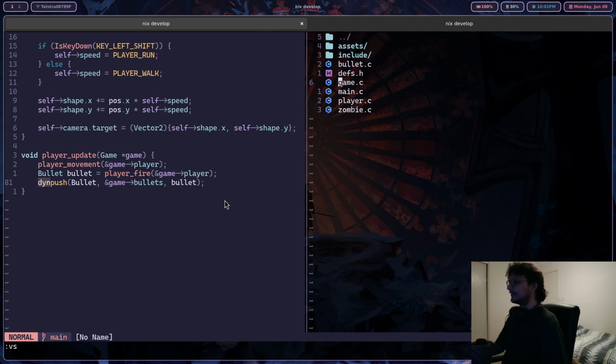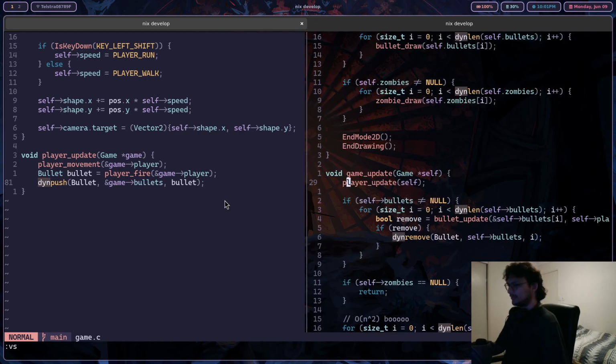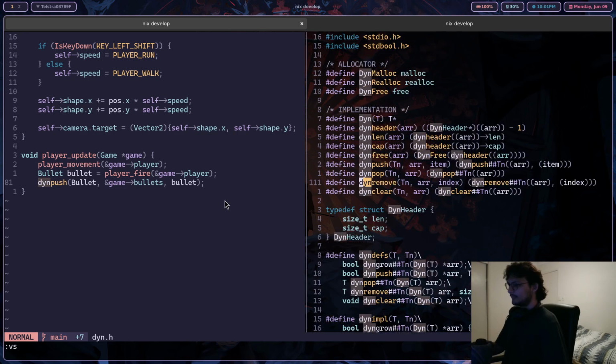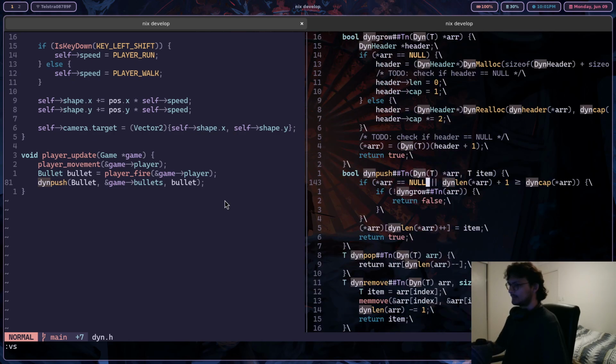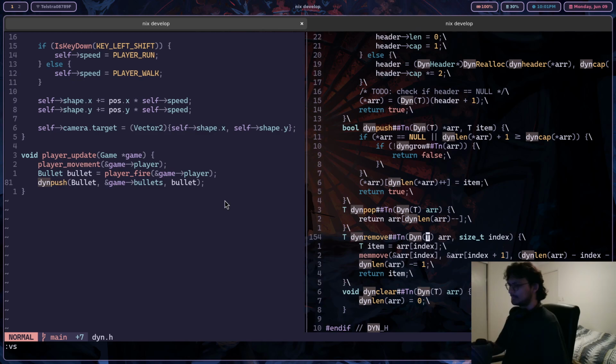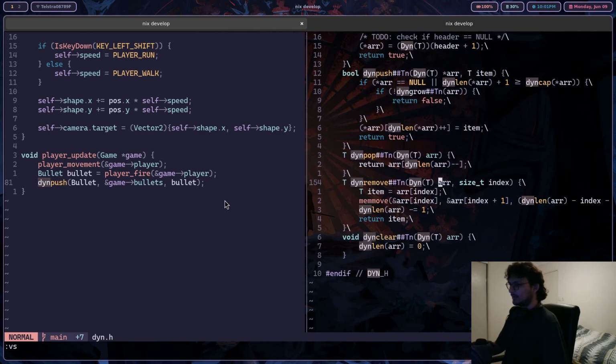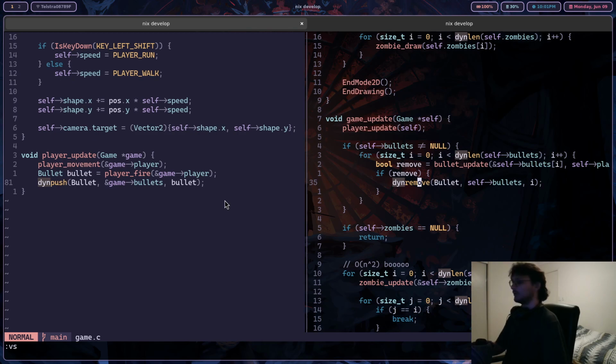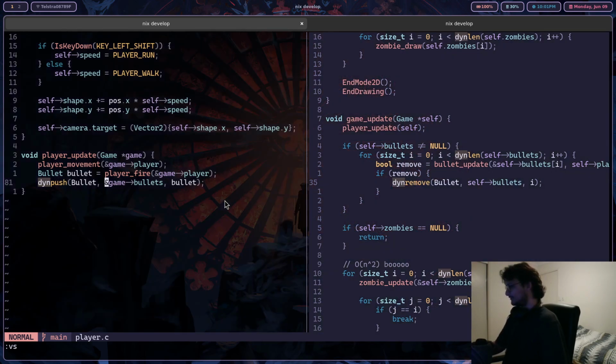Wait, I think I might have made an oopsie, because this... remove. Okay, and then push needs a pointer to a pointer. Right, I remember that. Okay, we're good. Okay, so